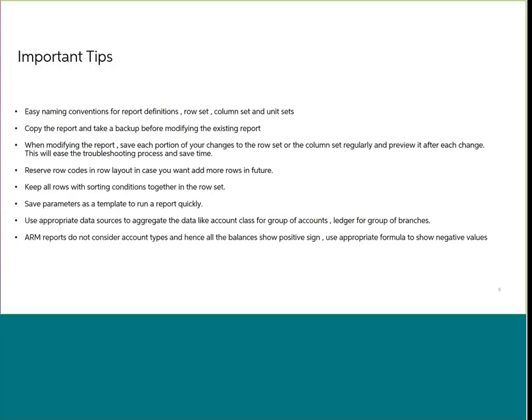You have to use the appropriate data sources to aggregate the data, like account classes, your group of accounts, ledgers or branches, or project accounting data sources. In Analytical Report Manager, it doesn't consider the account type, like income or expense, and everything shows up in a positive sign. So if you want to show negative signs for your expenses or your liabilities, you have to use some formulas, and